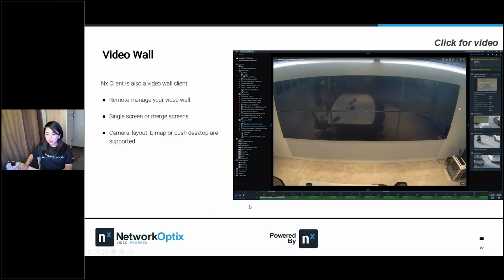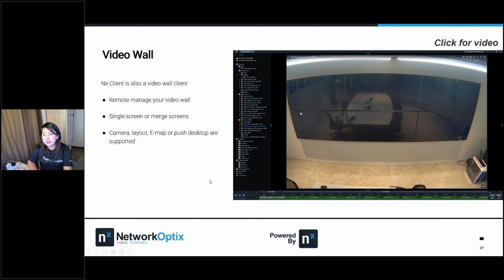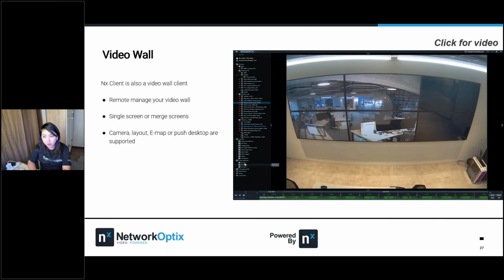And now for video wall. Here, this is our video wall in the Taipei office, and we have a total of 6 video wall monitors. And then you can create a layout. And for us, we combine 4 video wall monitors and make it as one monitor. So it is possible.